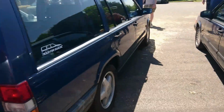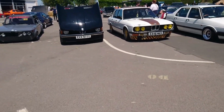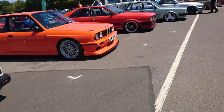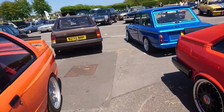940 GLE, 740 GL. I'm just going to have to keep going, viewers. There's just too much here. Lots and lots of retro BMWs. We've seen loads of those. We've seen that Jetta before as well, and we've seen that Audi. We've seen that coupe, and yes, ooh,